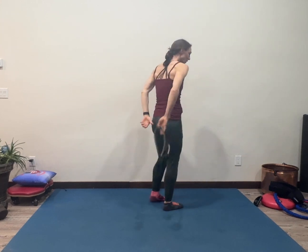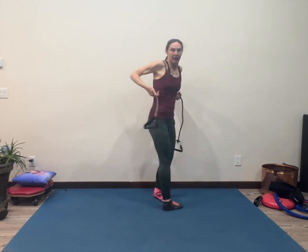So I'm glad to see you guys. Take 2 more and 1 more. Now put the band at the lower part of your scapula, and we're going to